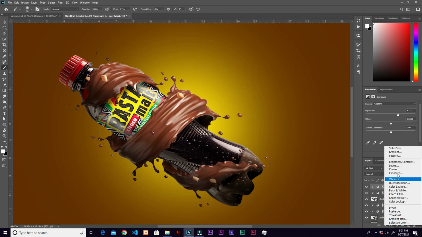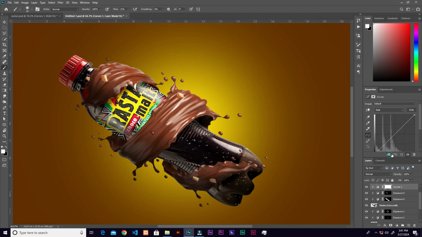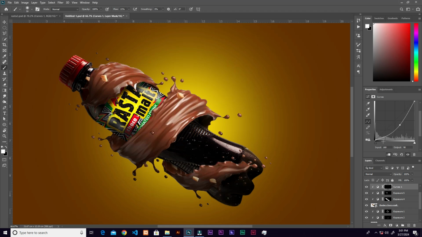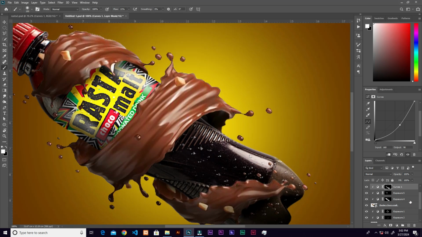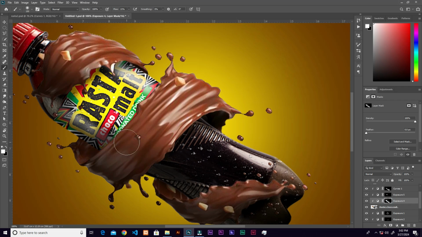And then let me add a curves adjustment layer on top, clip it, okay, and then let me just drag it here into the darkness of the sheets, and then Control I invert, grab my brush, and then let me start adding some shadows down here. Okay, all right, so after this, we're going to select the first exposure on this bottle,